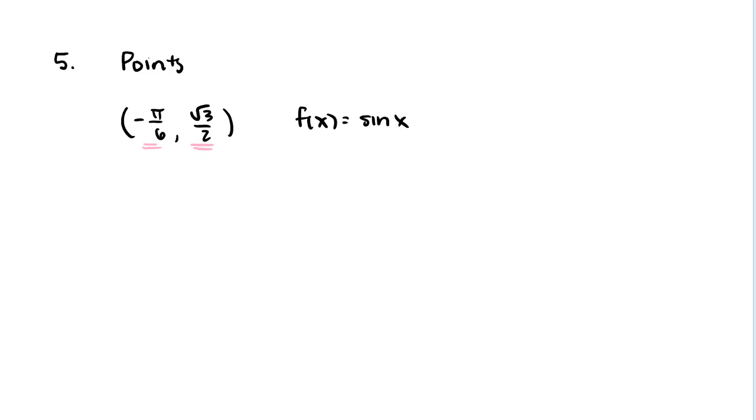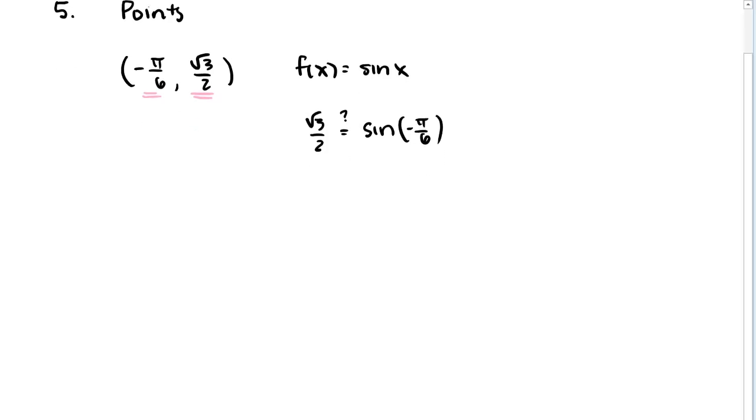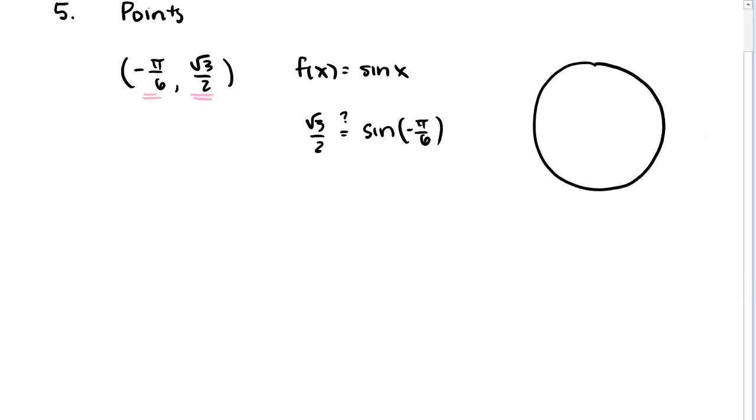So here, let's make that replacement and let's just see. We kind of have a big question mark here. Is sine of negative pi over 6 equal to the square root of 3 over 2? And if it is, if the input of x equal to negative pi over 6 leads to an output of y equal to the square root of 3 over 2, then this point truly lies on the graph of our function. And so here, maybe we can use the unit circle to help